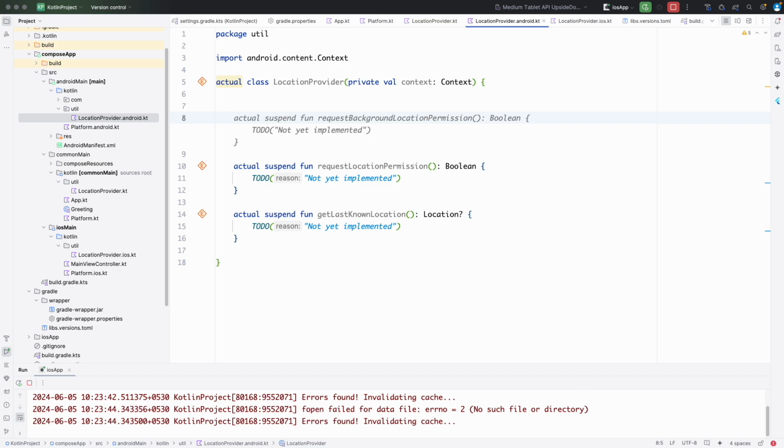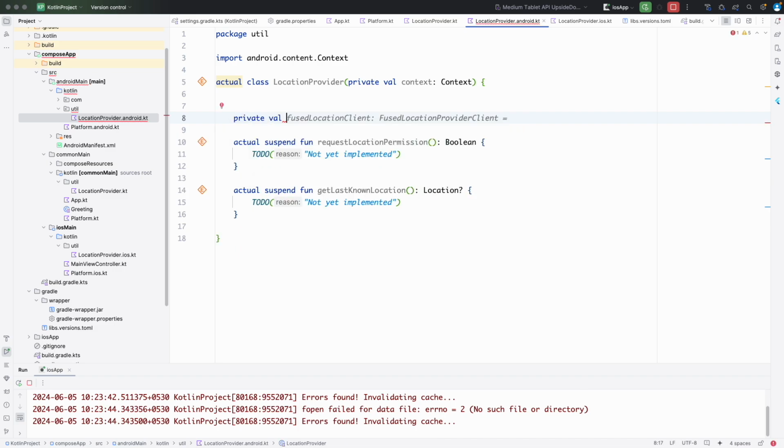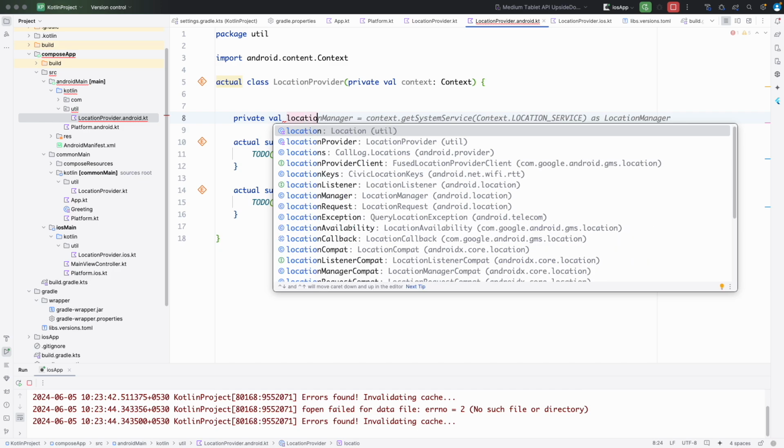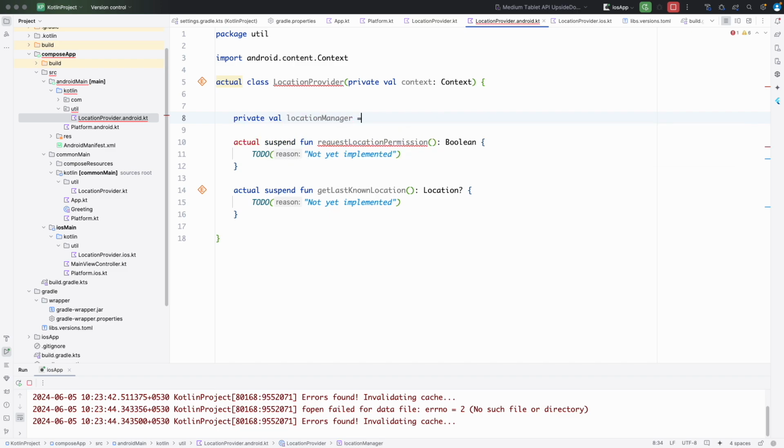So let me create a private location manager, and I am going to use it from